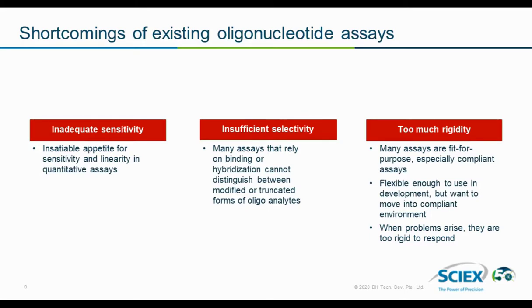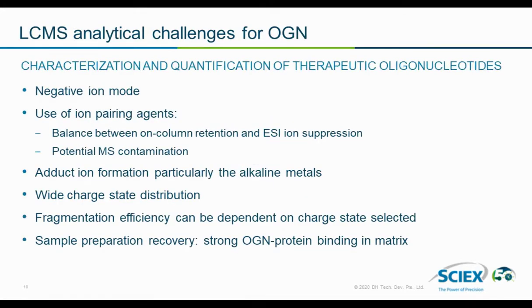You want something which can be flexible to be used in development, but also be pushed into QA/QC. Often when problems happen in manufacturing, because the assay is so rigidly based on one structure, and perhaps another structure is formed, it's difficult to change the assay to respond to a problem which has arisen in manufacturing. People are again looking at flexible techniques which are adaptable to some of the challenges you can see in manufacturing sometimes. This brings in the use of LCMS in helping to answer some of these analytical challenges of oligonucleotides,